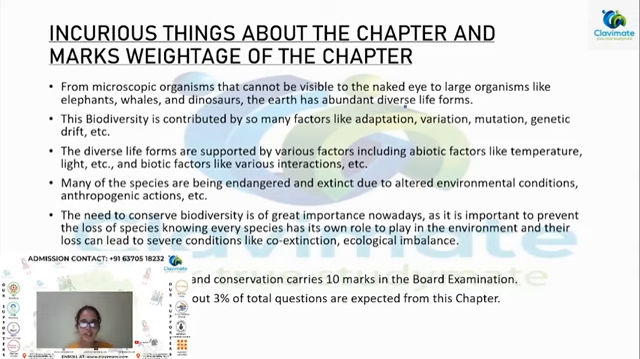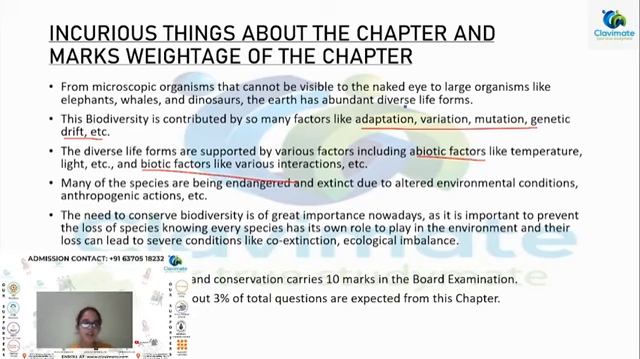So the biodiversity is contributed by so many factors like adaptation, variation, mutation, genetic drift, etc. And the diverse life forms are supported by various factors, both biotic and abiotic. Many species are endangered and hence extinct due to altered environmental conditions and anthropogenic actions, which are definitely man-made actions. And the need to conserve biodiversity is very important nowadays, and it is also important to prevent the loss of